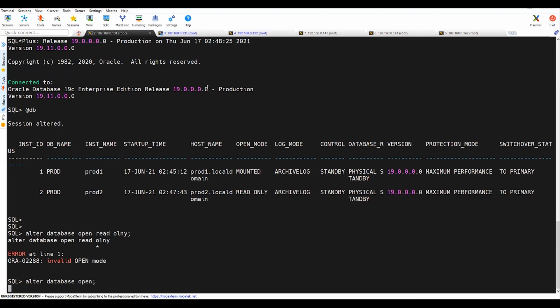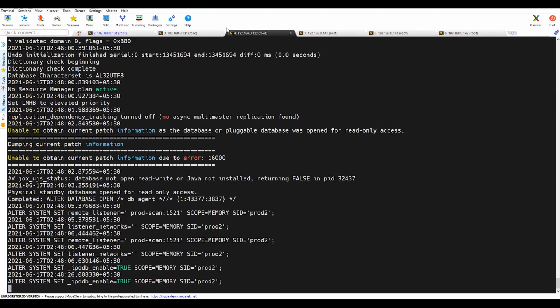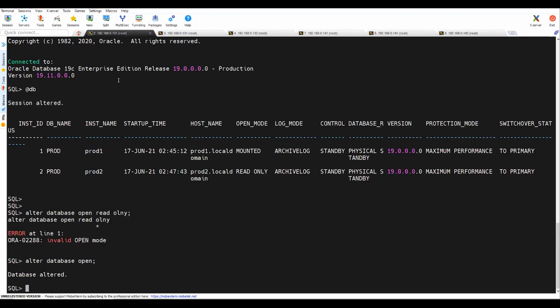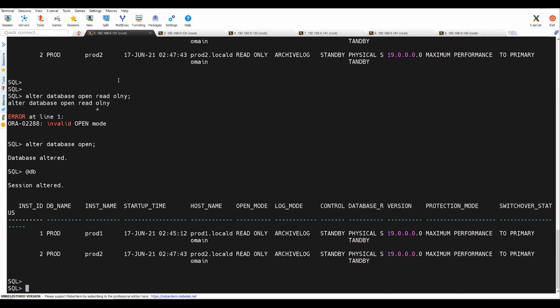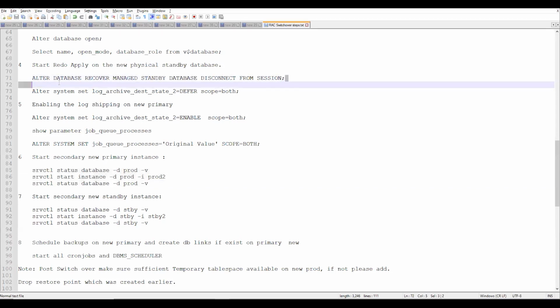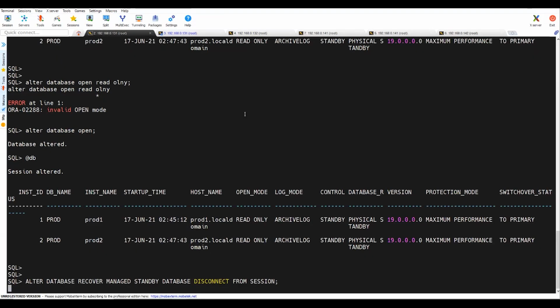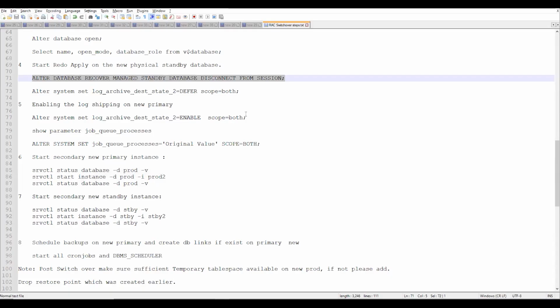It will open the physical standby database in read-only mode, and once this is done, you can perform your recovery operation on this server by executing alter database recover managed standby database disconnect from session, which will perform the recovery in the background.